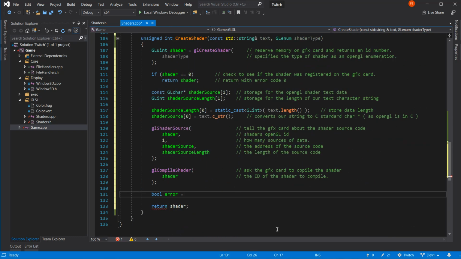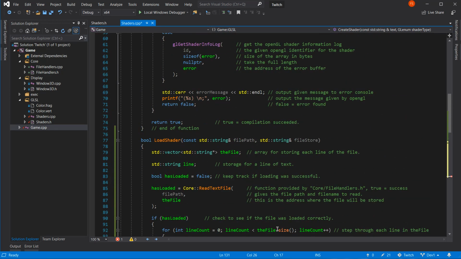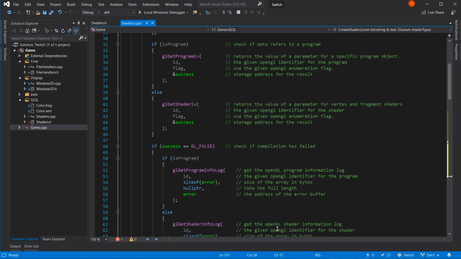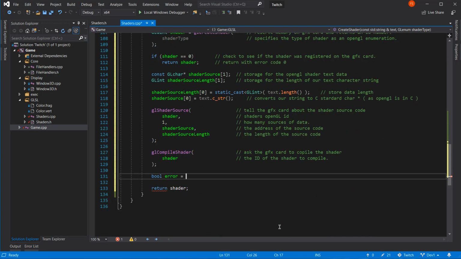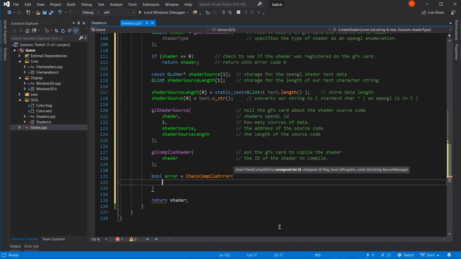Error equals... God. What am I doing now? This part here. Check compile error. That's it. The bit that we wrote. So it's checkCompileError. Open brackets. What did we ask for? Unsigned int ID.